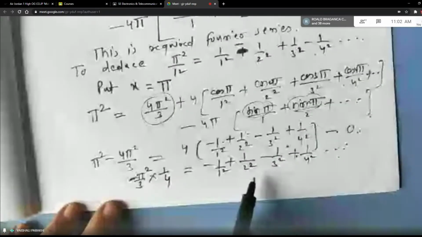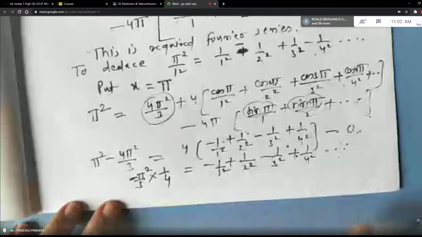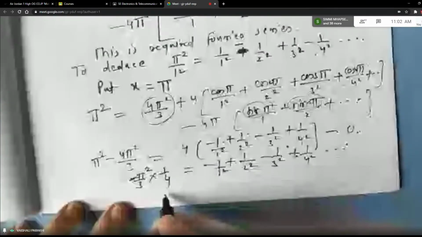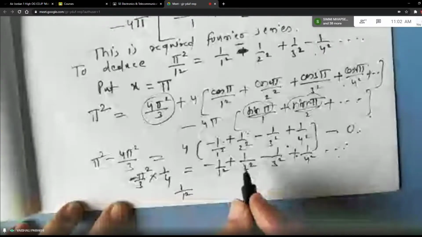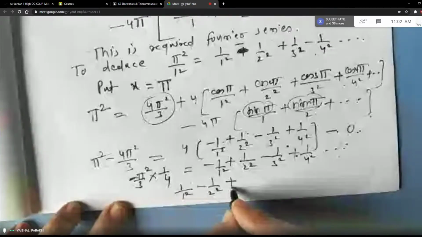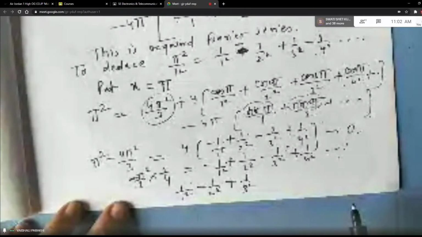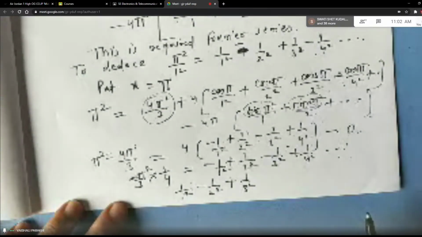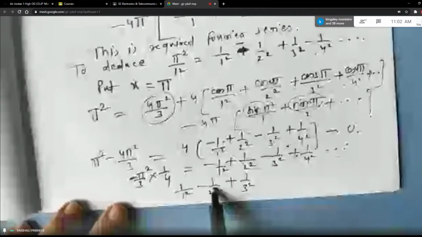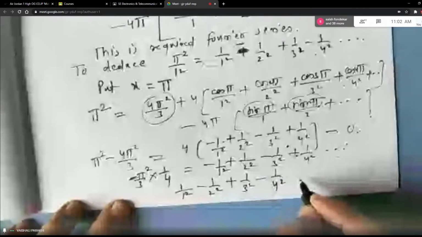Right? Now suppose I want to get rid of the minus sign. What I will do? I will cancel the minus sign throughout. So my first term, instead of minus, it will become plus. Second term will become minus. Third term is 1 by 3 cube, no, it is n square, all terms are squares. So the first term is plus, second is minus, then plus, then minus, and so on.